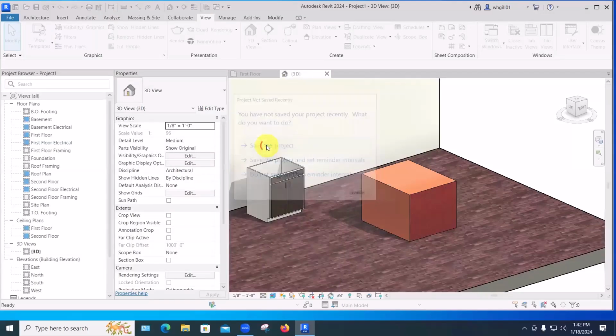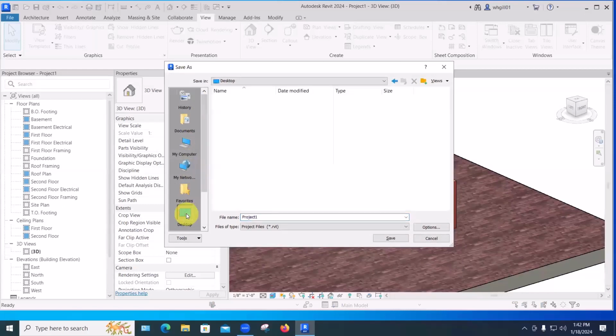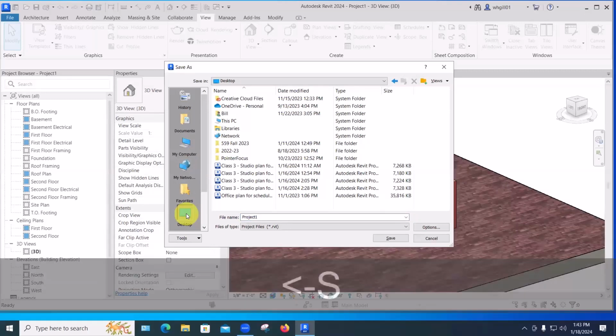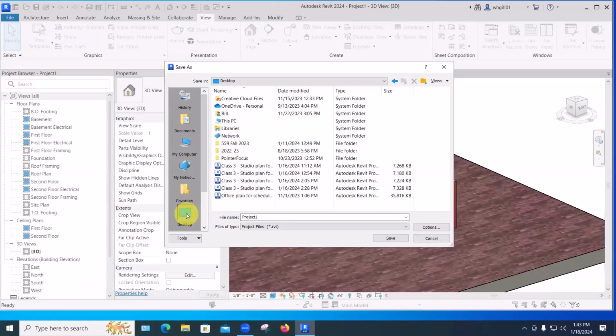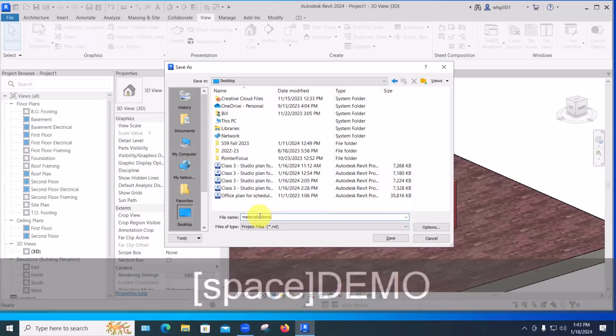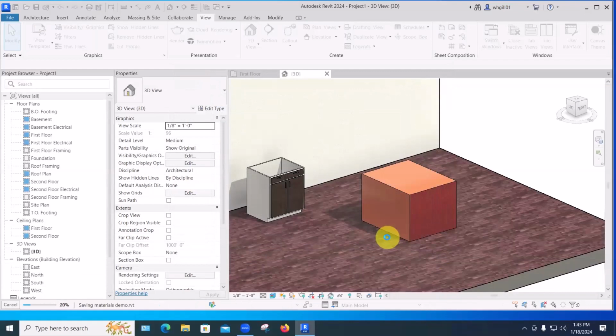Yeah, I'll save it. We're going to call this desktop materials. Where am I doing this? Materials demo. So we created that color called red. And then when we go to PT,